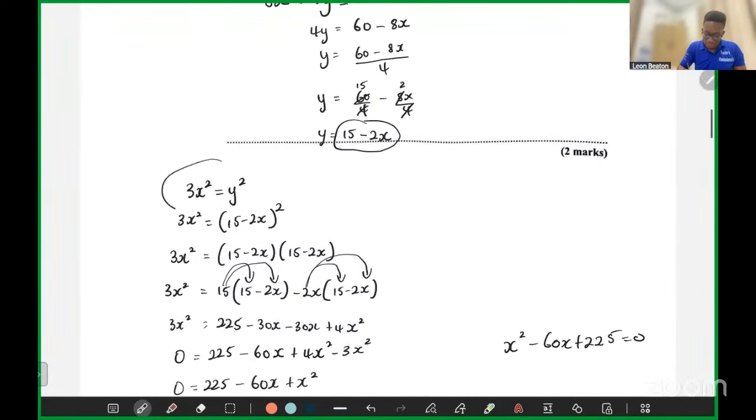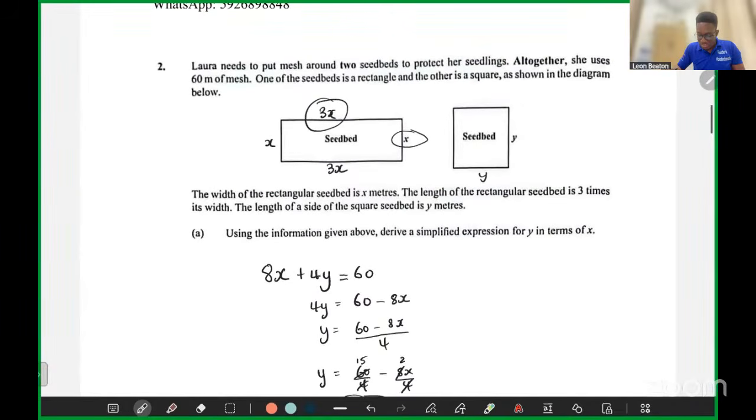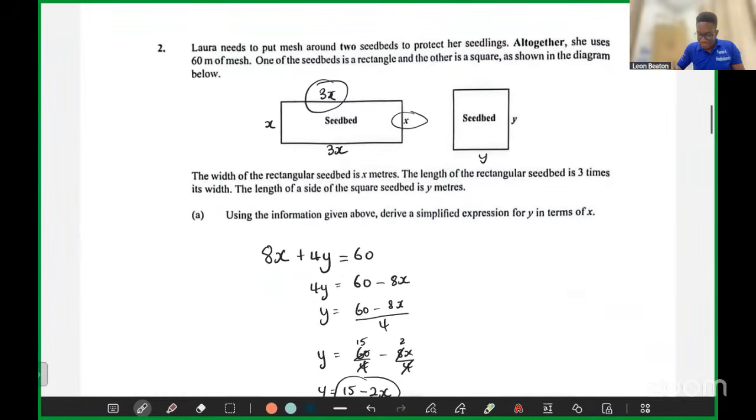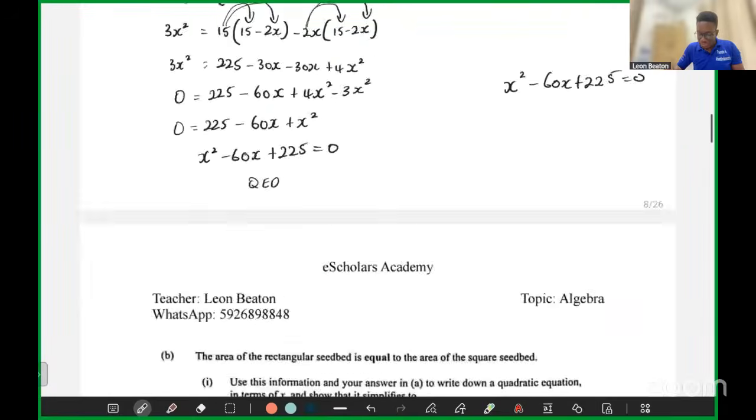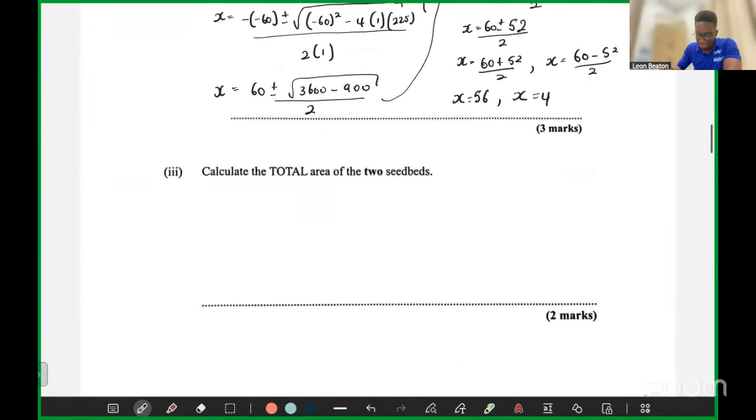So the 2 areas are equal to each other, right? So 3 times x is 3x squared. So the area is 3x squared. So the total area for the 2 seat beds,